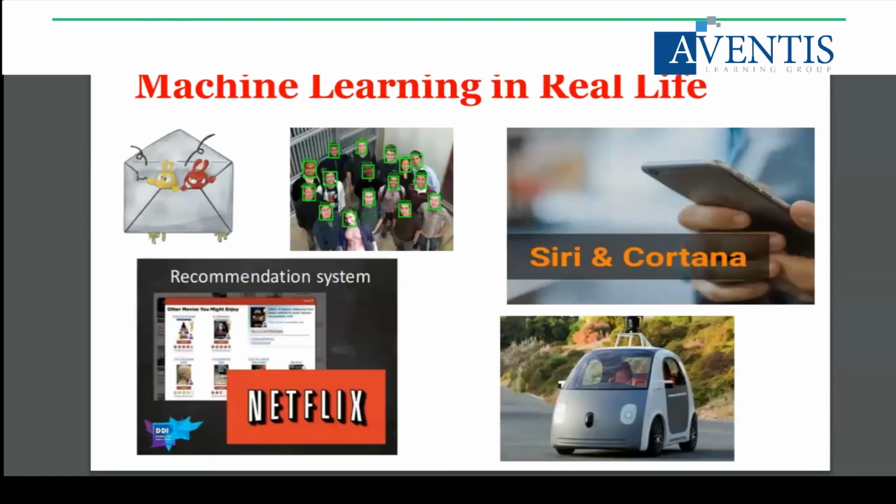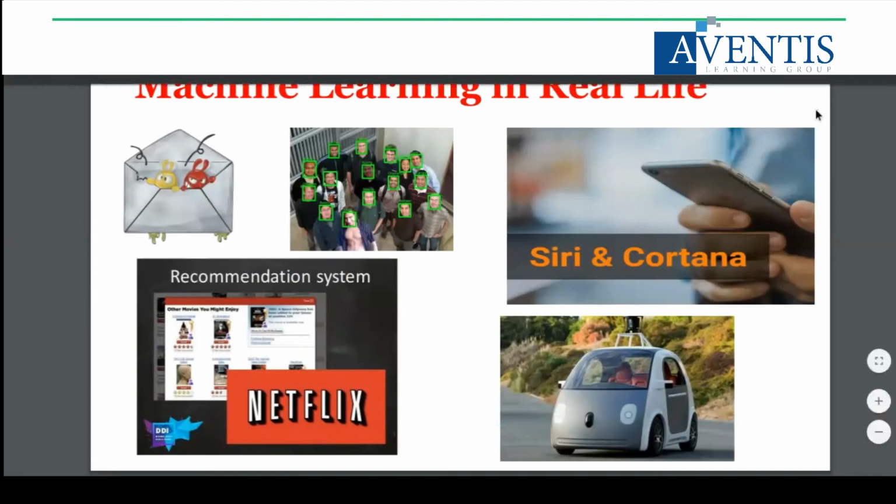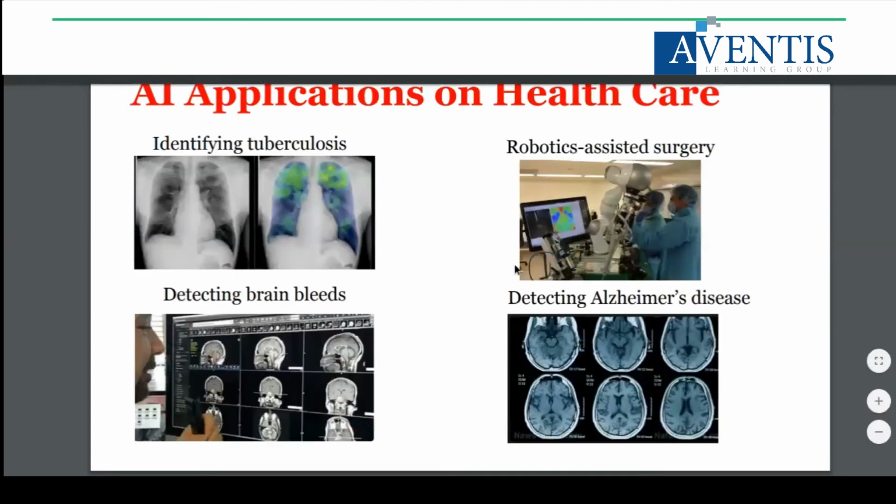And these are the real world examples of machine learning or data science. For example, spam mail detection, face recognition, Netflix movie recommendation. So basically, in all those real world applications, the background is a machine learning based model. Driverless car, Siri, then